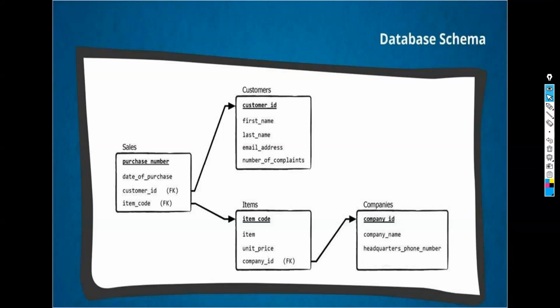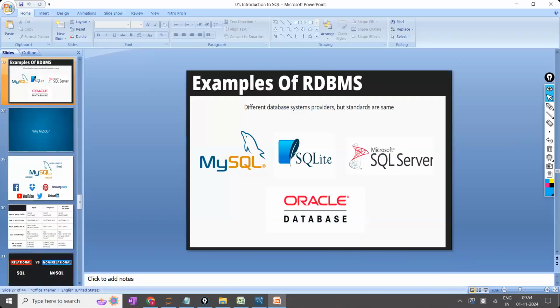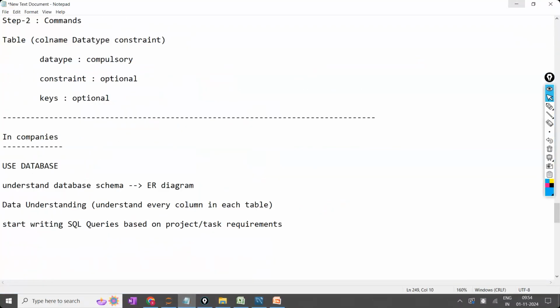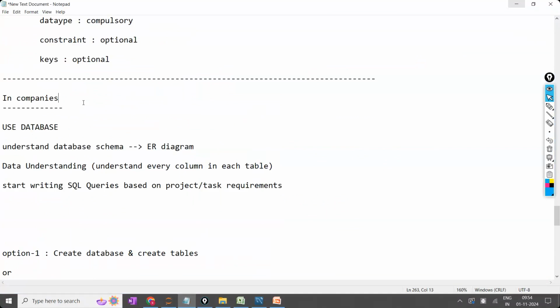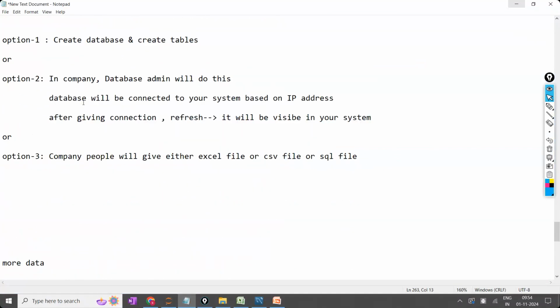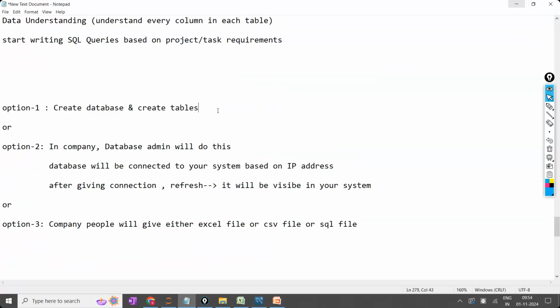Done? Now in this, first we have to identify the parent table while creating. After drawing the ER diagram, assume there might be different situations, guys. I'm going to explain all the situations. When you are working in a company, there might be a situation where you have to create the database and the tables.